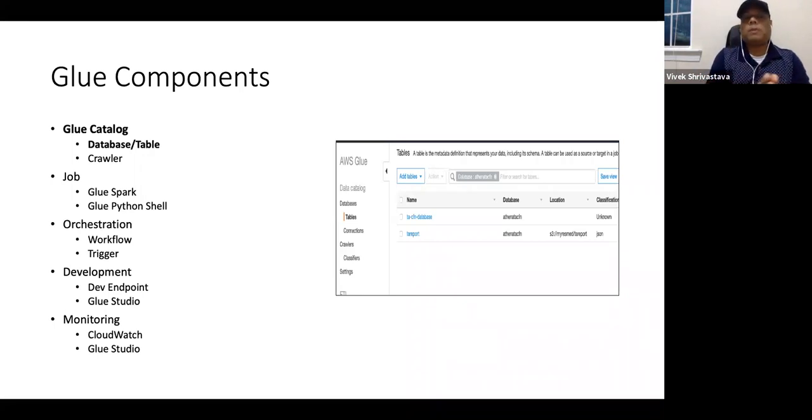Now, the purpose of Glue catalog actually is to discover schema. It is to provide information about the partitions a table has. It is to evolve the schema: if a new column is being added, or a column is being deleted, then the schema should be consistent to provide good